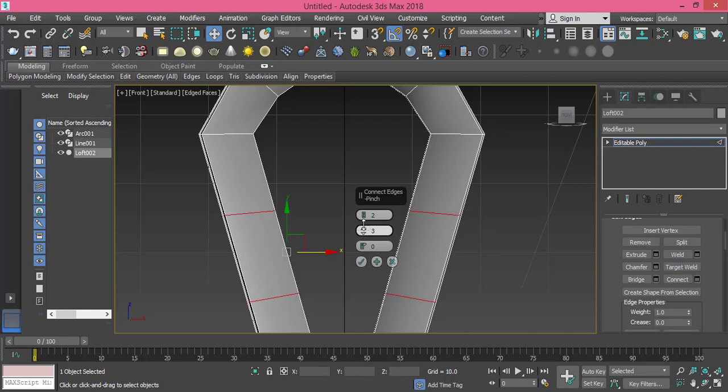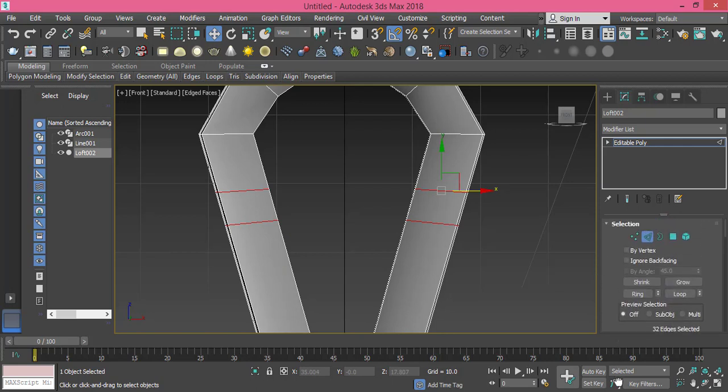I can raise the spacing or reduce it between them. Of course I want to reduce it like I'm doing right now, and of course we can raise them up with that handle. We need them to be right about here, and press OK. Now let's change selection mode to polygon mode, and I will select,